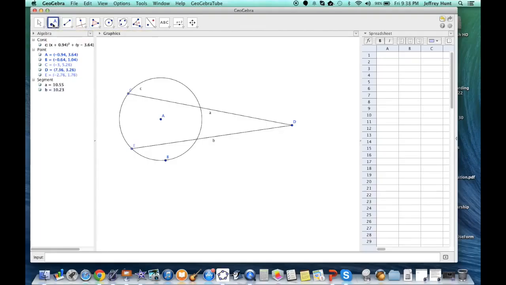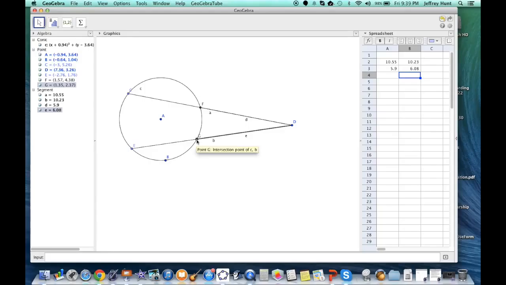Then I need my exterior segments. The first one going from F to D, and the second one going from G to D. And then again, just like I did in the previous example, I'm just going to go ahead and type in A, D as my segments from C to D and from F to D. And then I'm going to type in B and E, which would represent my segment from E to D and from G